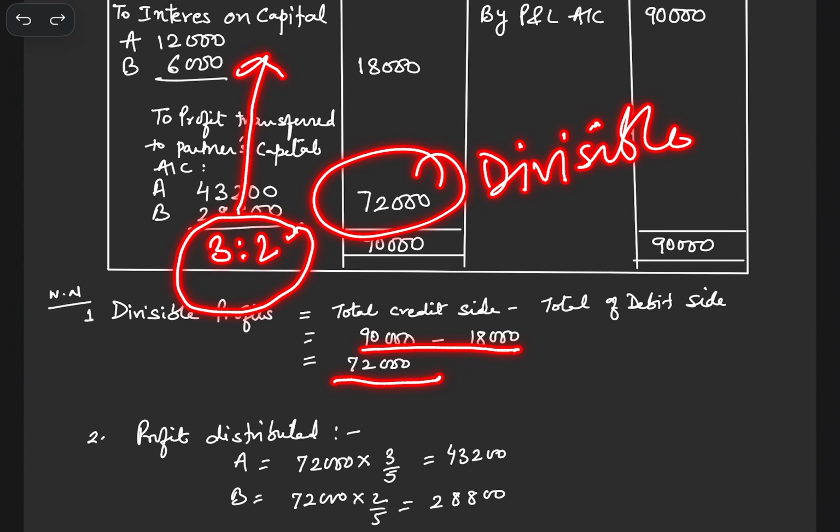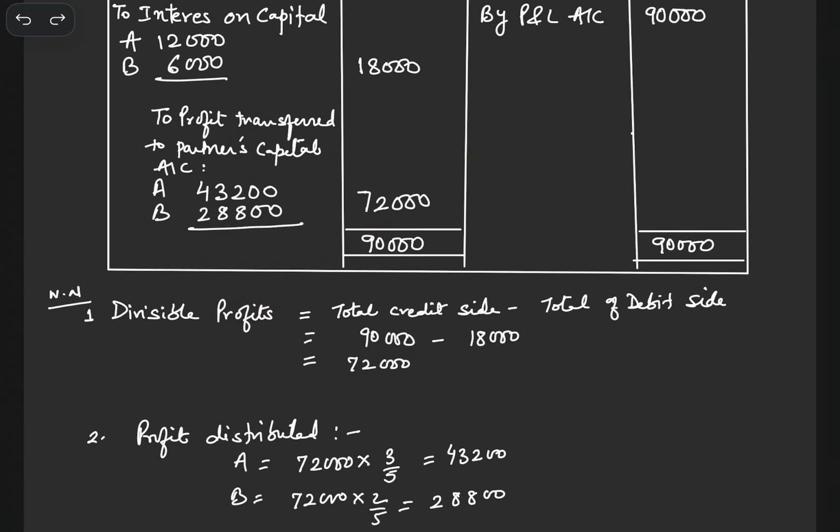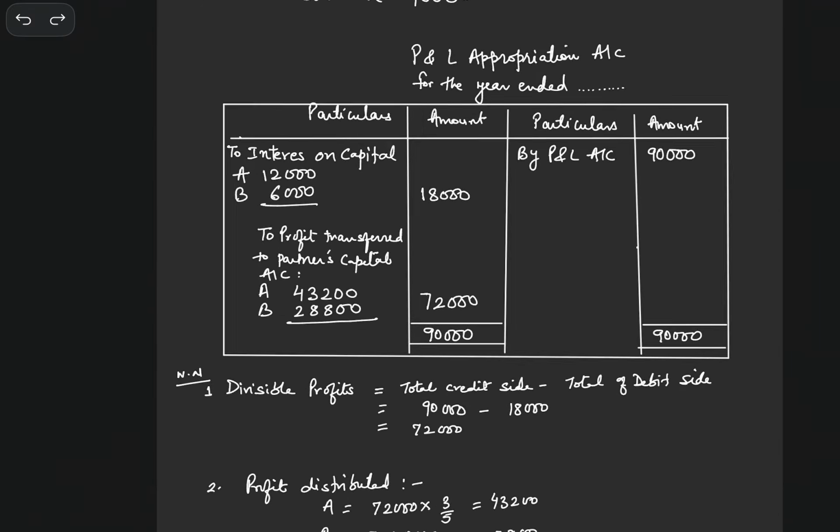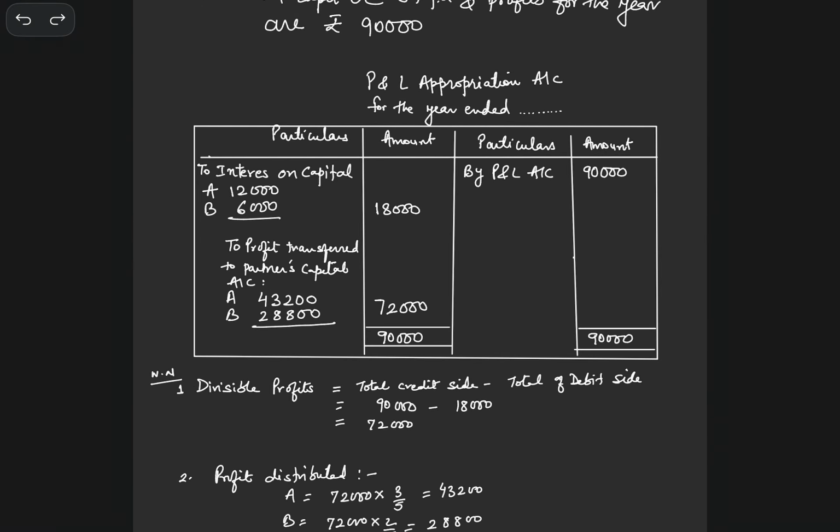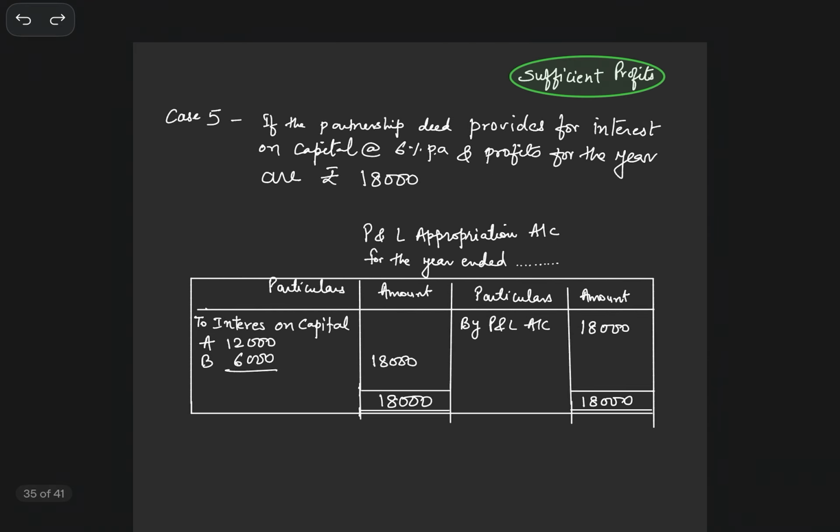So profits are enough here, are sufficient. We have given the first interest on capital also, and then we have divided the profit between both the partners in their profit sharing ratio. With this, let us move on to the next